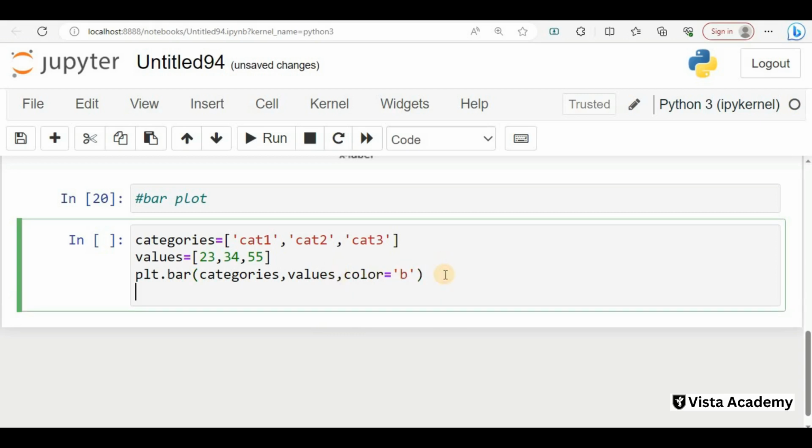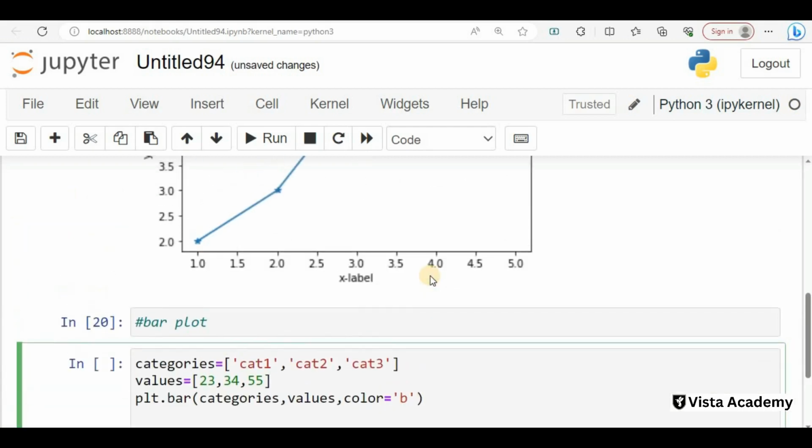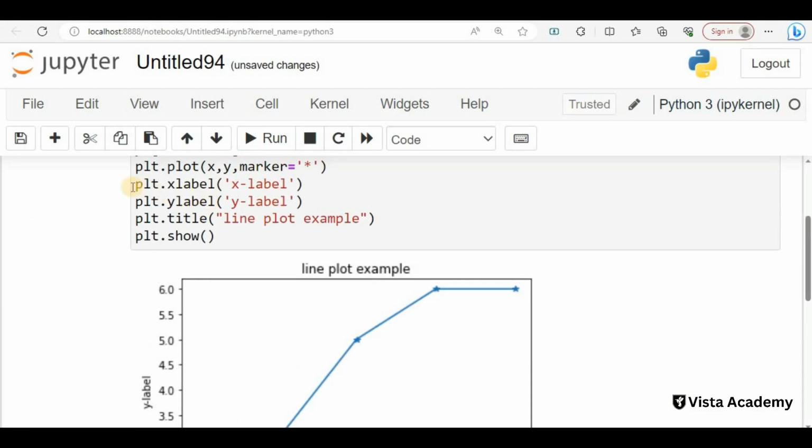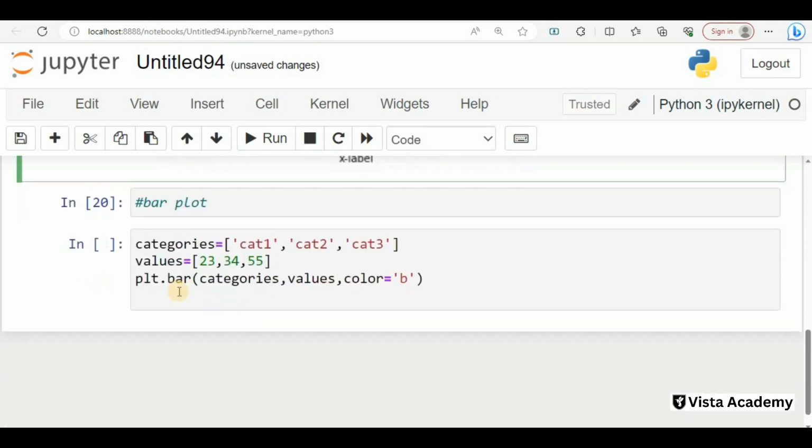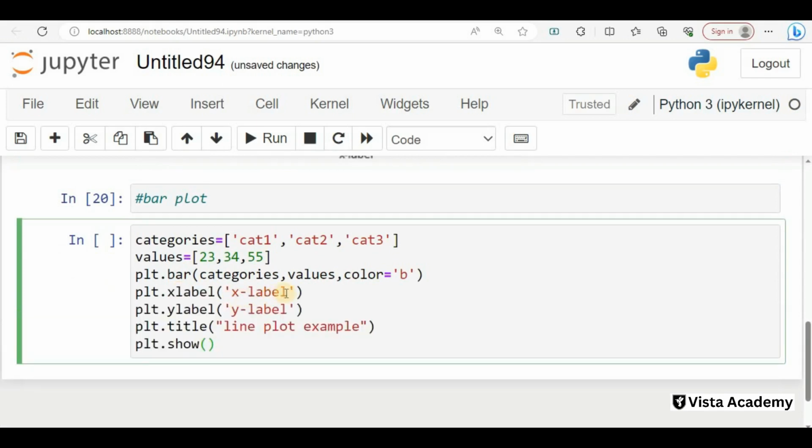Next I have to put the titles: X label, Y label and title. So I will just copy it from there only. I will copy this, put it down, and here in X label I will put categories.